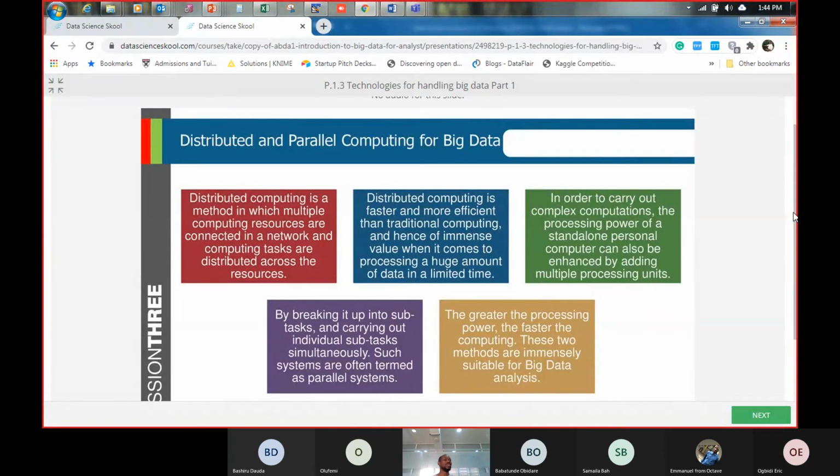So that one led to the concept of distributed computing. And when they say distributed, we are distributing the tasks that need to be performed by only one single computer. We are distributing that task to a number of computers. There's a train station around here, so it's very easy for me to use a train to explain it. So you want to move 1,000 people to Abuja, for instance. You can ask those 1,000 people, okay, go and board the train, and the train will slowly take you to Abuja, even if it takes 48 hours.